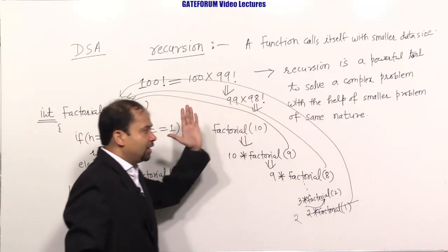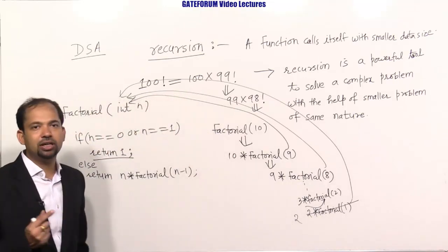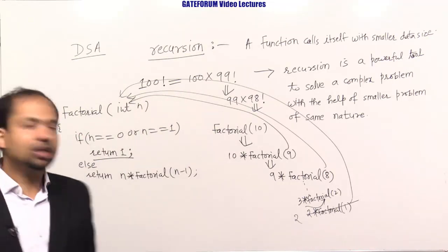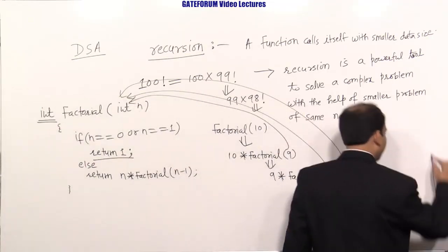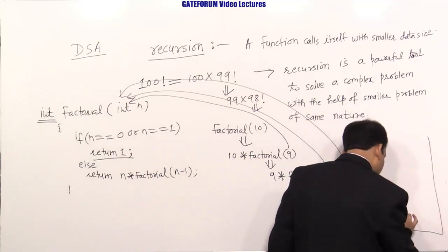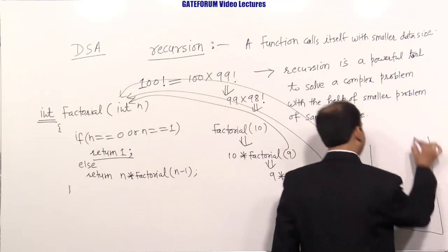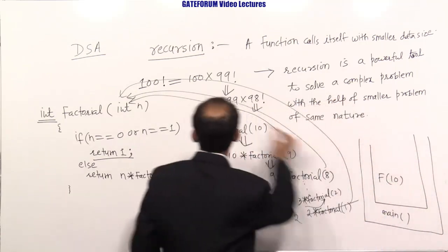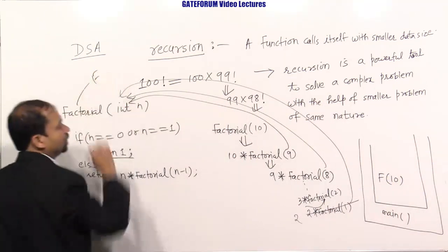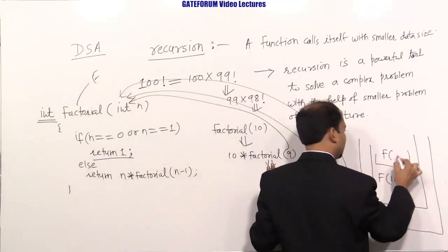So if you see what is happening here, whenever we call a function, a function frame gets created. So the first function frame was of whom? The first function frame was of main. Main is calling all the functions, and what is main doing? Main is calling factorial 10. I write 10, f for factorial, for simplicity, I say this is f. So f10 will call what? F10 is calling f9.